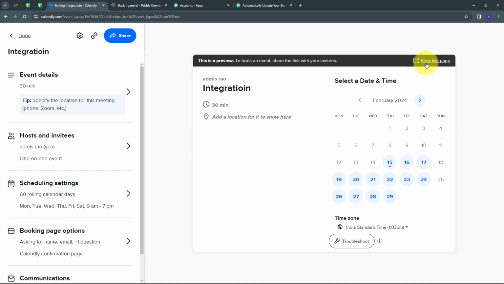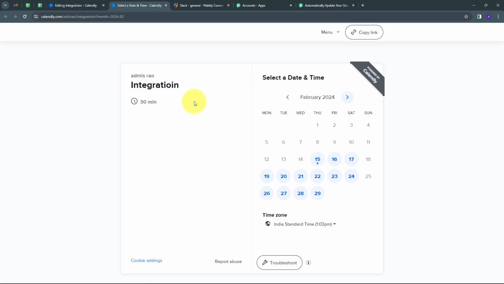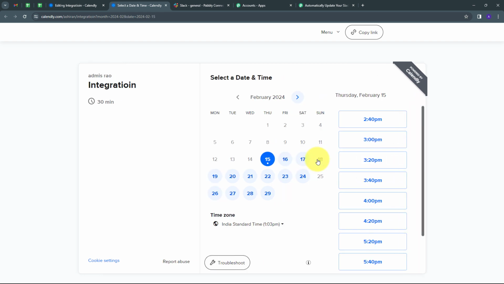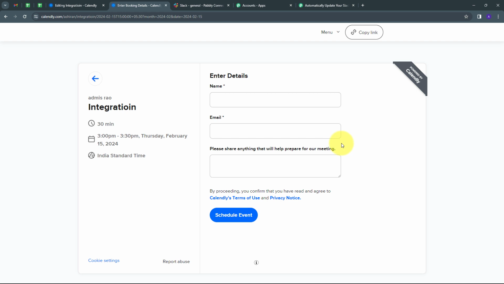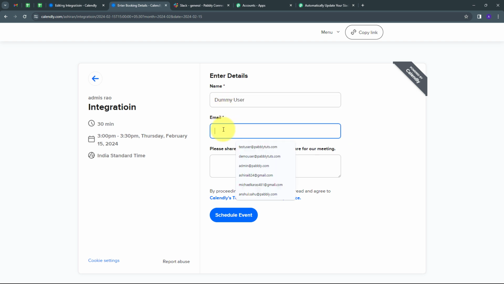So I'm going to click here on this view live page button. Now I have to select my date and time. I'm going to select this date of 15th of Feb. And my timing will be of 3 p.m. And I'm going to click on next. Now I have to give the name. So my invitee name will be of dummy user and email will be